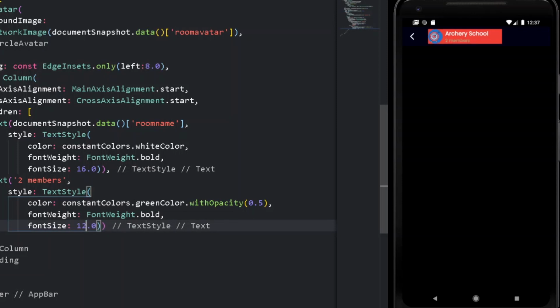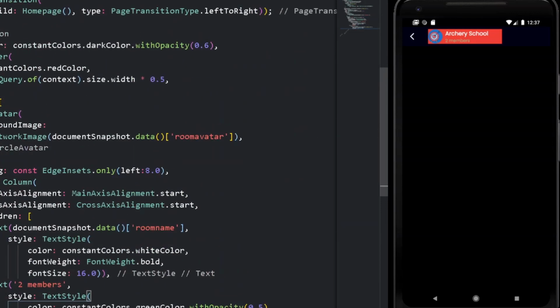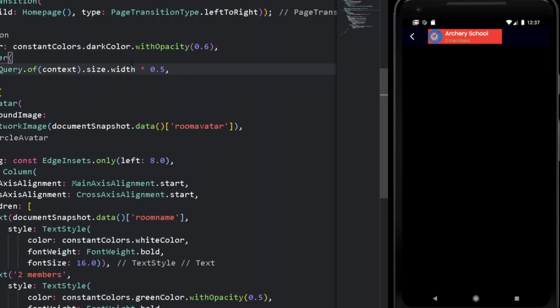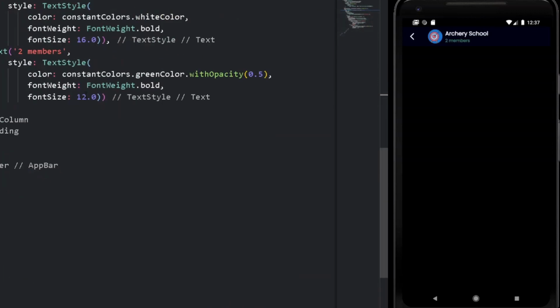Cool, so once this thing is done, let's have somewhat bigger font size to our members text as well. So now we can simply do one thing, remove the entire container color for our title. So here let's have a different color of only background color. So now when this thing is done, let's have alternate trailing widgets.